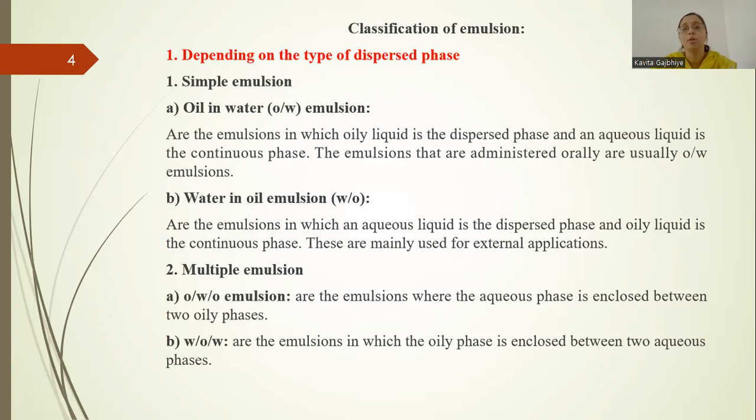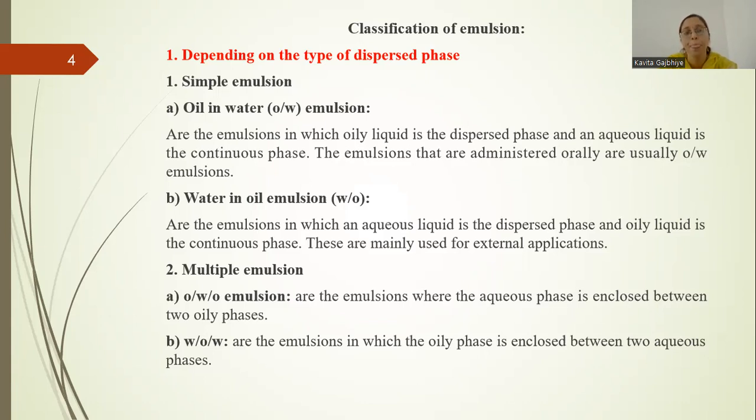Then classification of emulsion. So there are various classes of emulsion based on different categories. The first classification is depending on the type of dispersed phase. As we know that emulsions are also dispersed systems like suspension. One phase is called the dispersed phase, another phase is nothing but the dispersion medium. So emulsions are classified first of all on the basis of type of dispersed phase into two types, simple emulsion